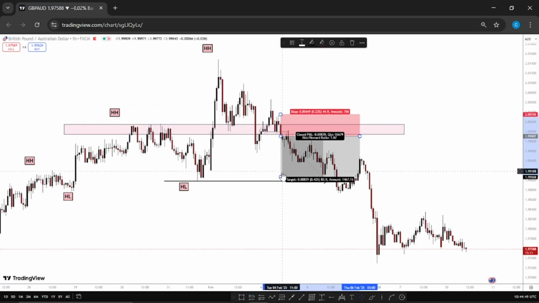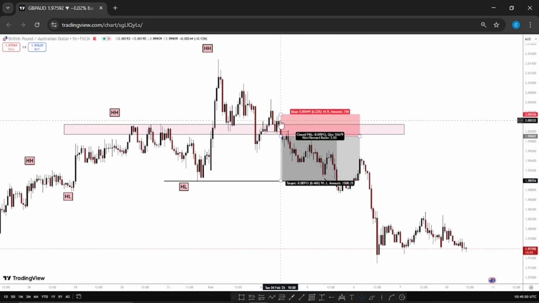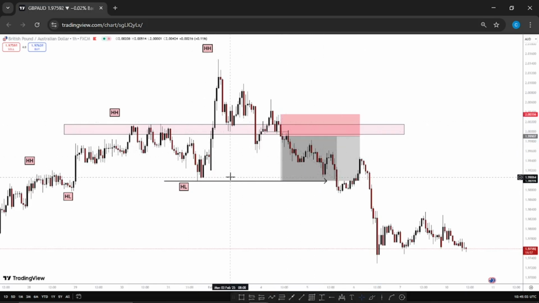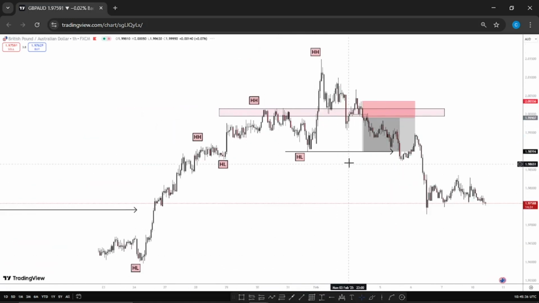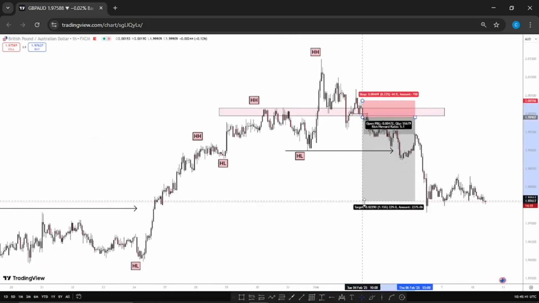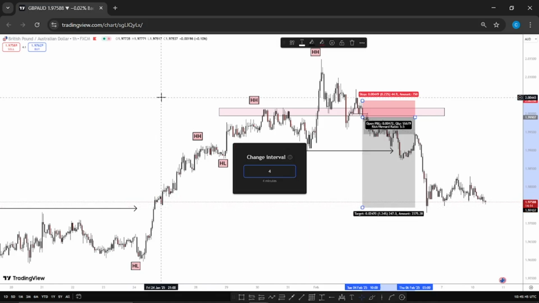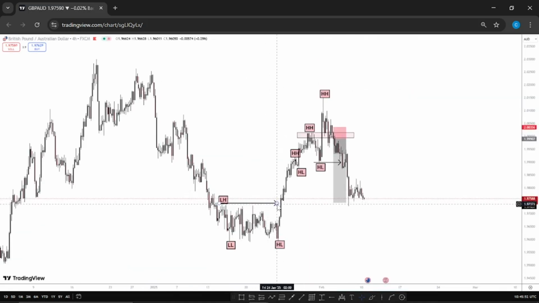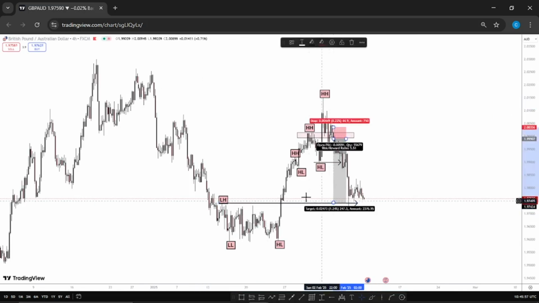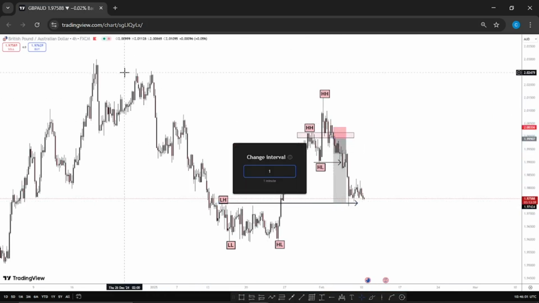My first TP was our current higher low, which is this higher low right here. When price started going in my direction and it got to our first TP, what did it do? Price broke below it with a bearish momentum candlestick, telling me it's likely price will continue further to the downside. So that's when I extended my TP to our previous lower high level. If you go on the H4 time frame, this lower high level is where I extended my TP to, giving me a risk to reward of 1:5.5,